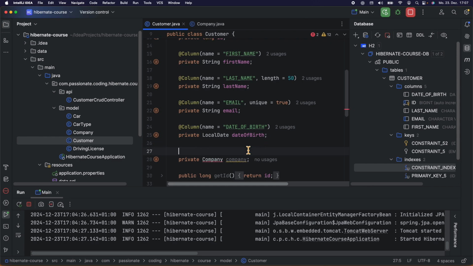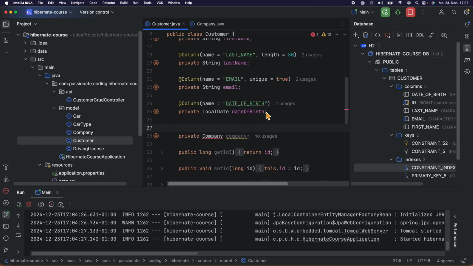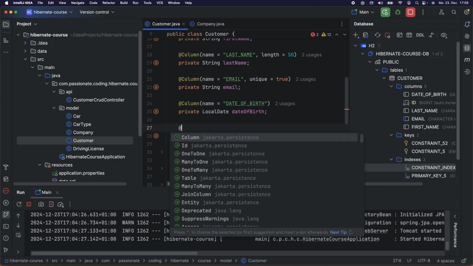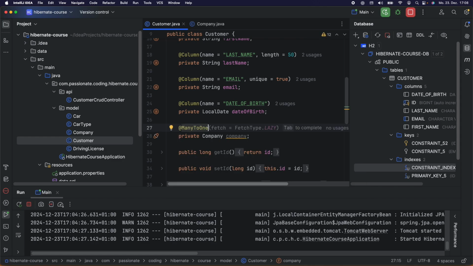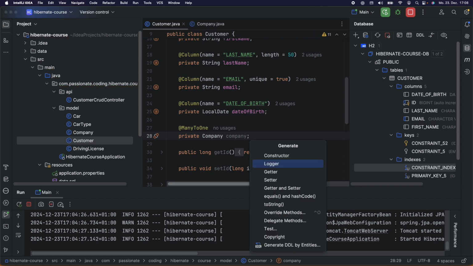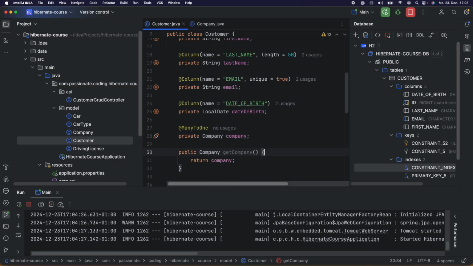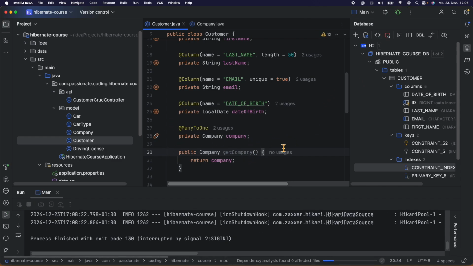Now, with the company as a whole object, we have to define a relation. In our data model, one customer can only belong to one company, but obviously a company can have multiple customers. So the annotation that we have to use is called ManyToOne. Then we can just generate the getters and setters, and we already have this modeled. And now we can restart our server